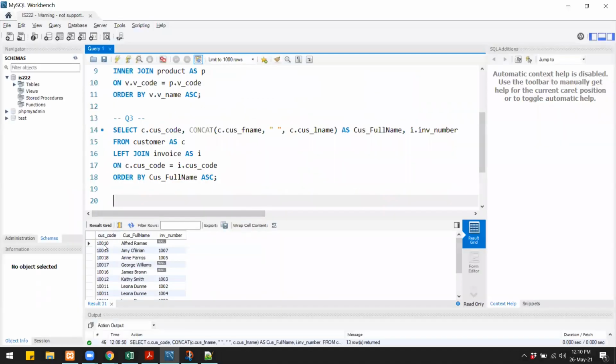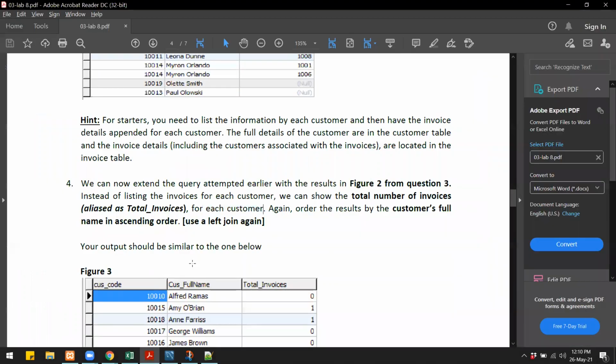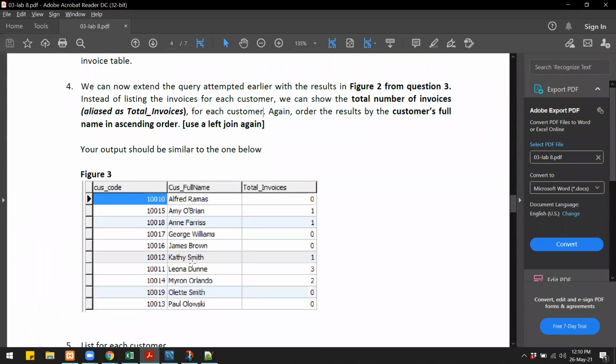So for example, for this customer 10010, this person does not have any invoice, that is why it is showing null. So we need to print 0 because that customer does not have any invoice. For customer, let's say 10011, now this person has 3 invoices, so we will print 3. Right? And the output is shown over here. This is how the data should look.